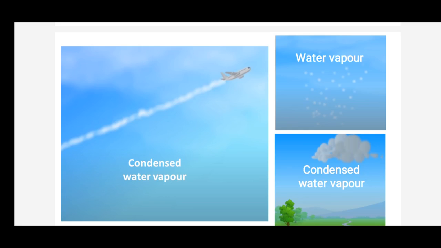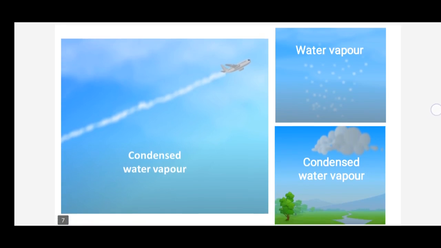In the same way, water vapor rises and starts cooling. The water vapor condenses, forming droplets of water which are called clouds, which you can see here. So clouds are just masses of such water droplets. When the water vapor rises, it goes up and condenses and forms small water droplets. So these small water droplets are called what, children? Clouds.